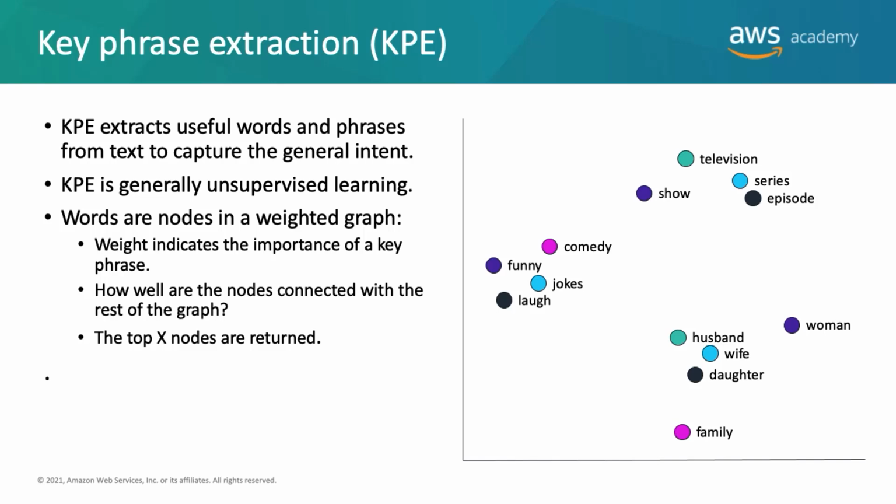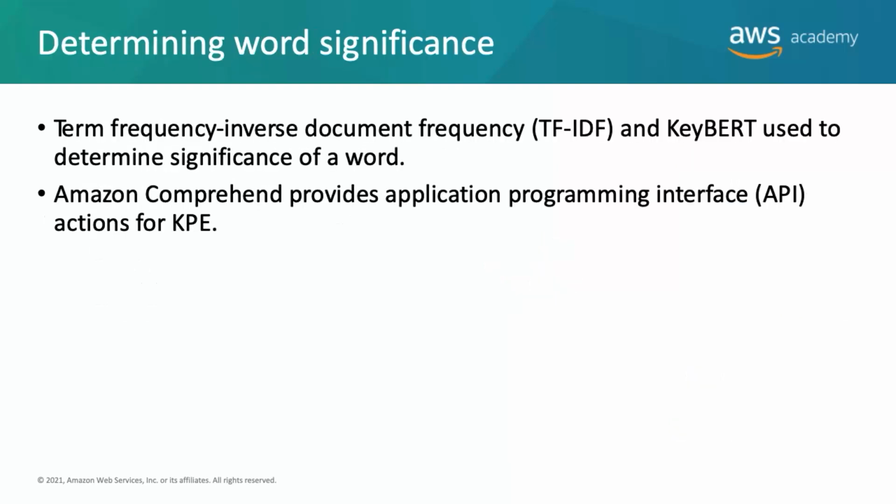The Word2Vec visual from Module 3 is an excellent way to visualize this process. That visual used T-distributed stochastic neighbor embedding, also known as TSNE. Term frequency inverse document frequency, or TF-IDF, is a weight that is used to evaluate how important a word is to the document in a corpus. Common words in a document that are not common in the corpus are likely to be important words for that